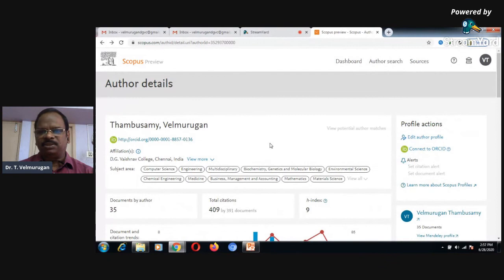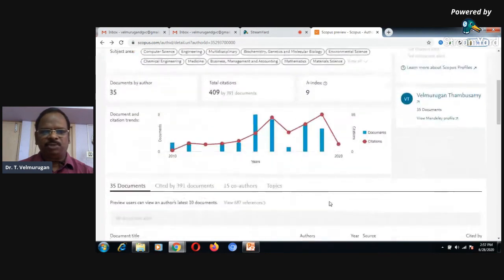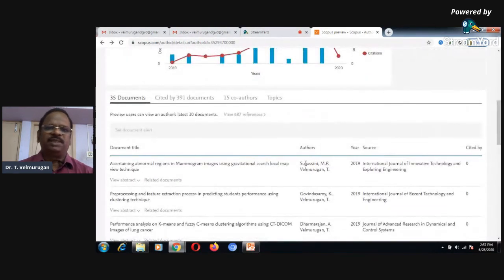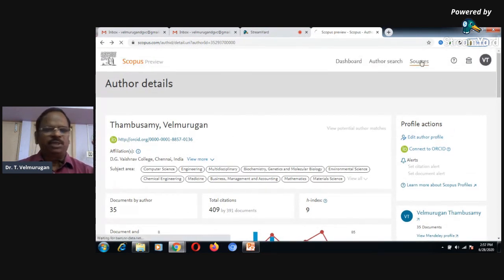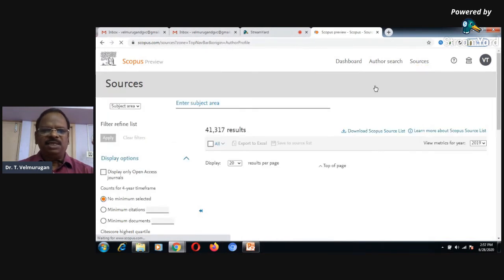How can you correct the papers? By editing the author profile. The same is also used if you send all these papers to ORCID ID. How can you send all these papers published in Scopus databases to ORCID ID, and how can we connect to ORCID ID and send everything? Editing the author profile, both are the same. If you edit the author profile, then your information is automatically edited. It will go through 4-5 steps. Also, you can send to another ORCID ID. Okay, one point. Another point is, now before that, you want to search whether a journal is available.